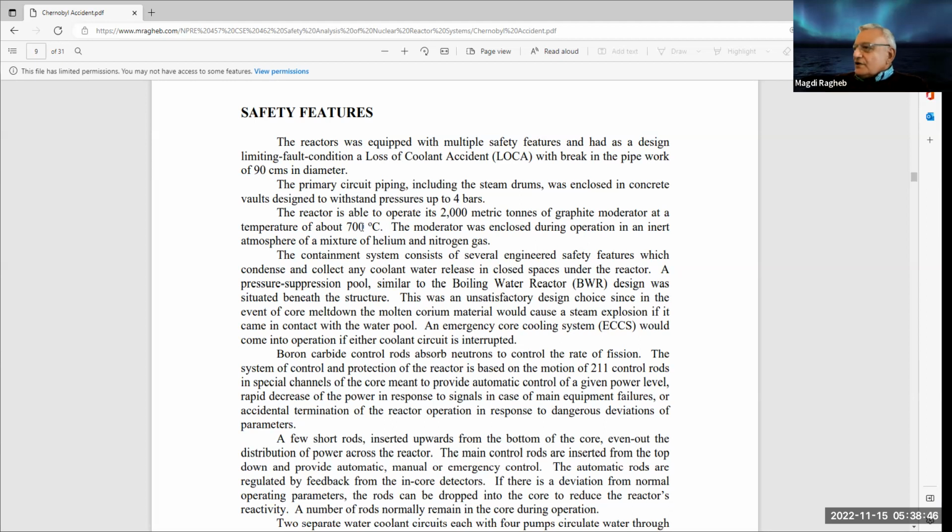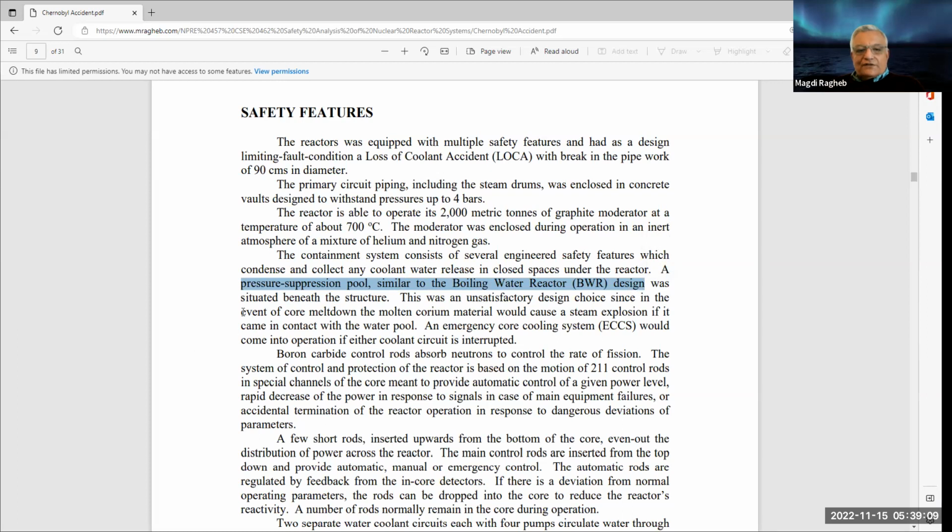That's why we use it in high temperature gas-cooled reactors. But of course, if it is hot and exposed to the air, it acts like charcoal. Charcoal catches fire at high temperatures. The containment consists of several engineered safety features, a pressure suppression pool, and that's similar to the boiling water design,